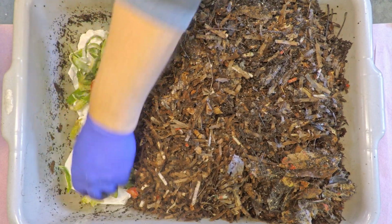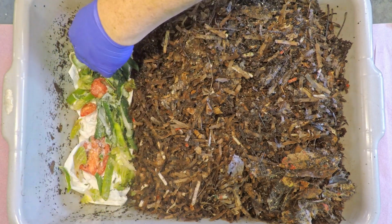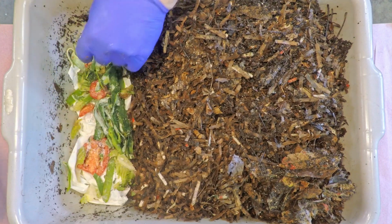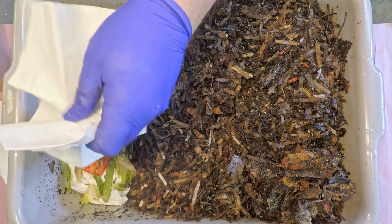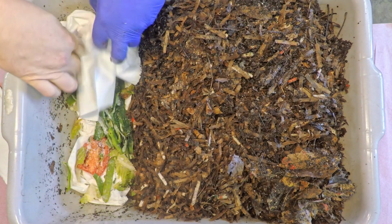And then, I think we could be pretty generous with the bedding. Perhaps I can come in with those other 3 napkins I've got over there on the side. I wasn't sure if we would end up using them all, but I think we could. And I definitely like the idea of being super generous with the bedding in this bin. Because these worms, they started out as a fairly minuscule population